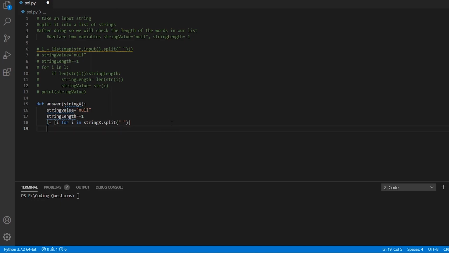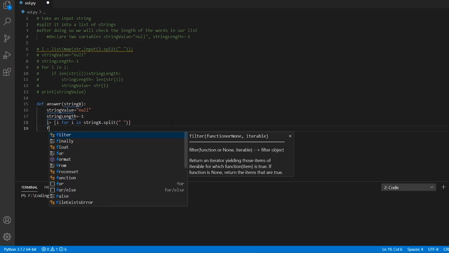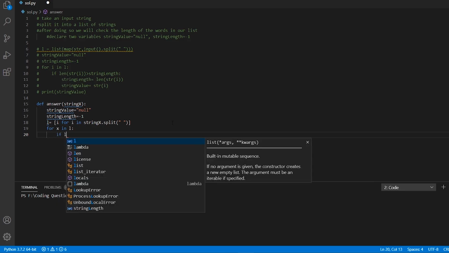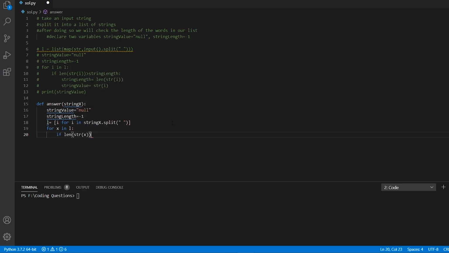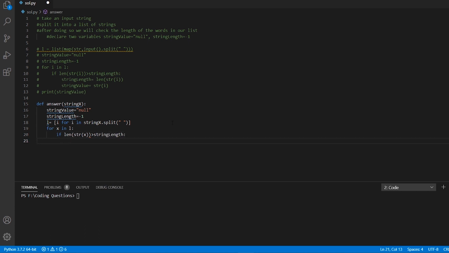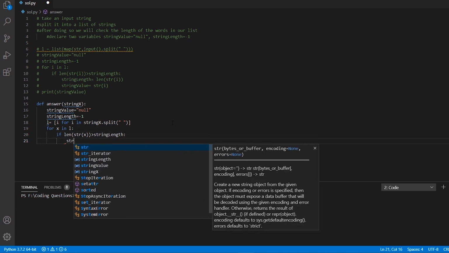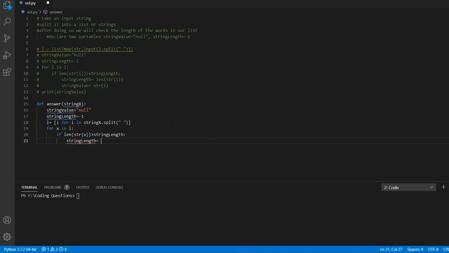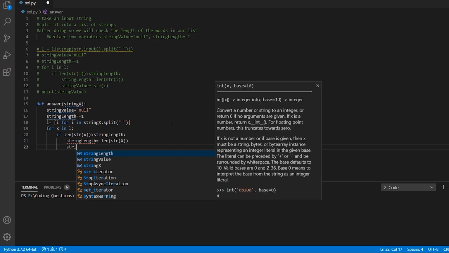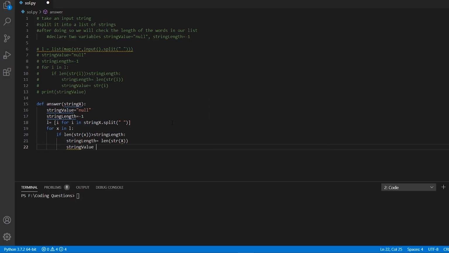And now after doing this, the rest of the part is the same. What you can do again is iterate over this list. So let's write for x in L, if length of string of x is greater than string length, then in that case replace string length with the length of string of x, and replace the string value with our string.